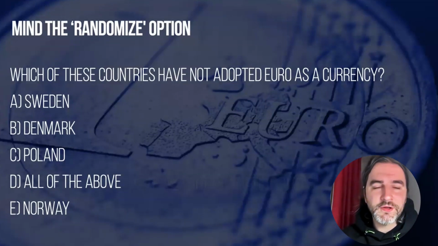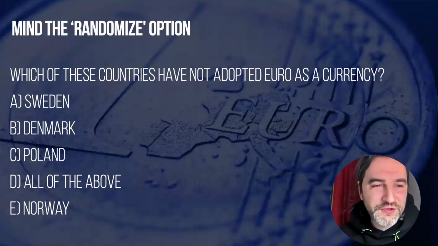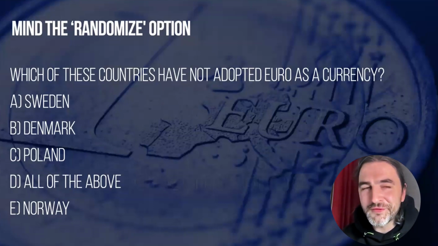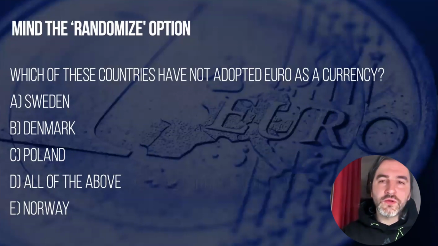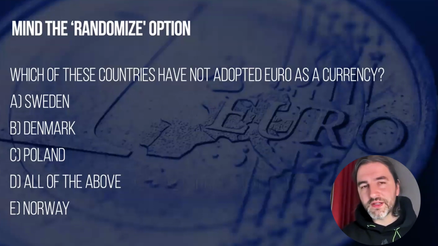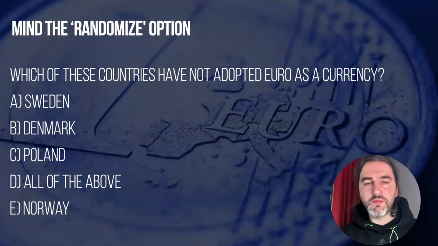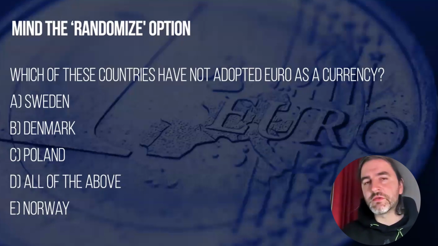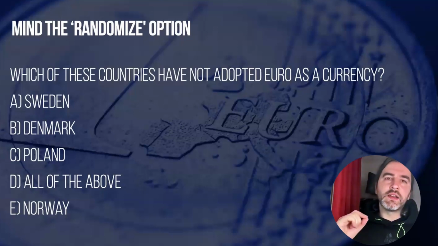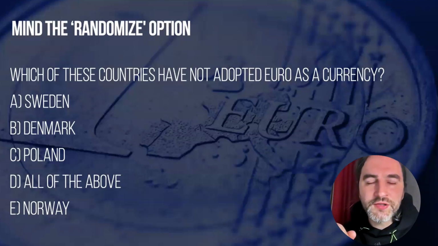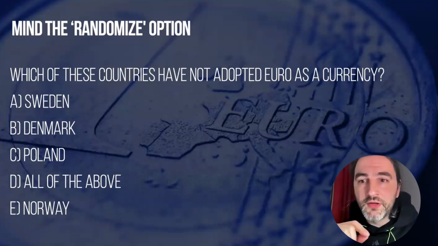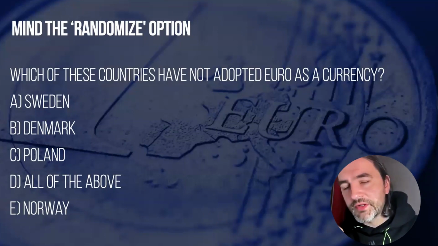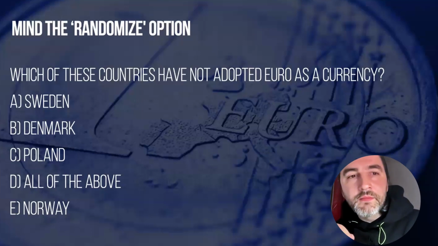Right. So here's a question. Which has a problem, because there is also something I wanted to mention. Sometimes answers are randomized. Sometimes you are not the person who will make the choice to randomize answer options. Sometimes this choice will be made for you by people who build the course or who upload this to a learning management system, or maybe they'll do it years later. So unless you're absolutely certain that your questions will not be randomized, do not use phrases like all of the above or none of the above or A and B options are correct or anything like that, because you will